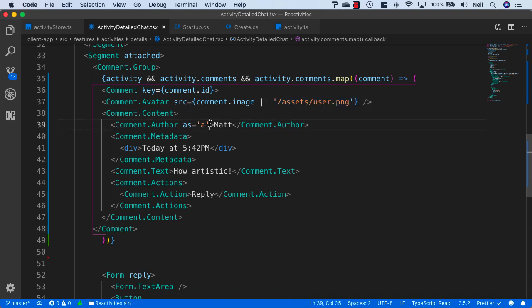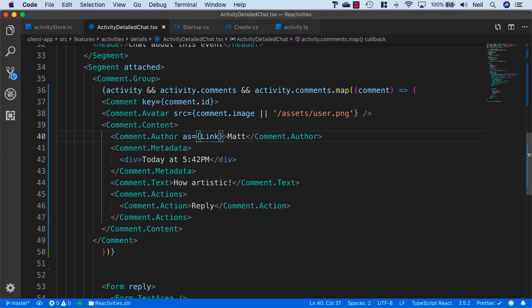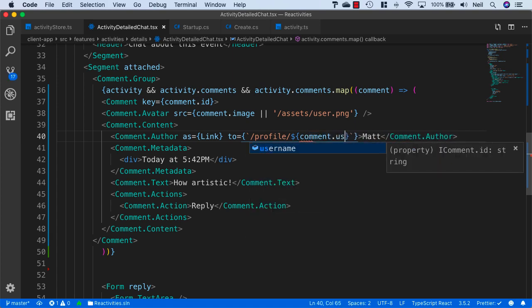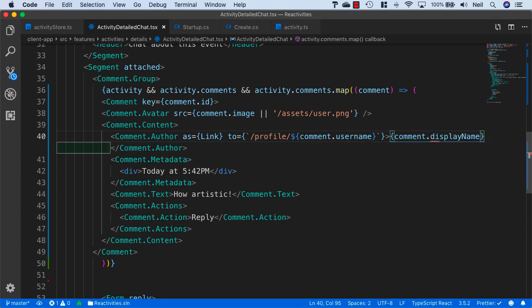The comment author will have as a link, and we'll bring this in from React's router DOM, and we'll say to equals, and we'll use backticks and profile/ and then username as in comments.username, and then we'll swap the name for comments.displayname,